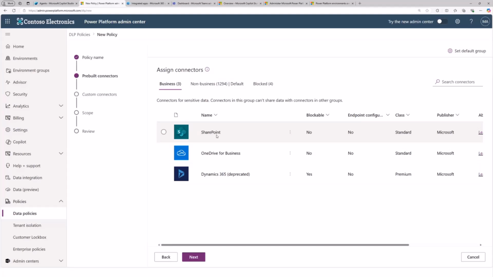So in an agent, in an app, in a flow, what we will enforce is you cannot mix connectors or data sources that are handling your business data with connectors or data sources that are handling non-business data. So that is one way of preventing or securing your business data and keeping it separate from your non-business data, right? So that is how you can create.